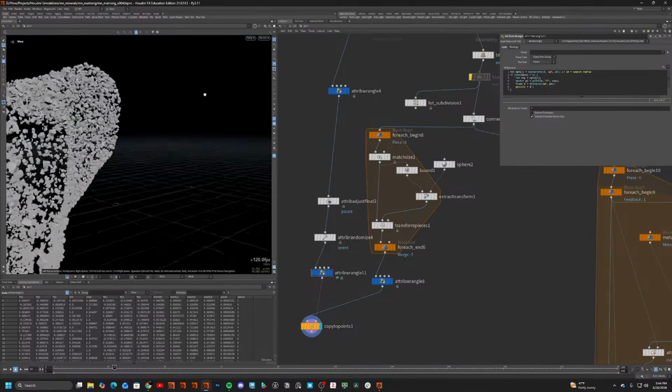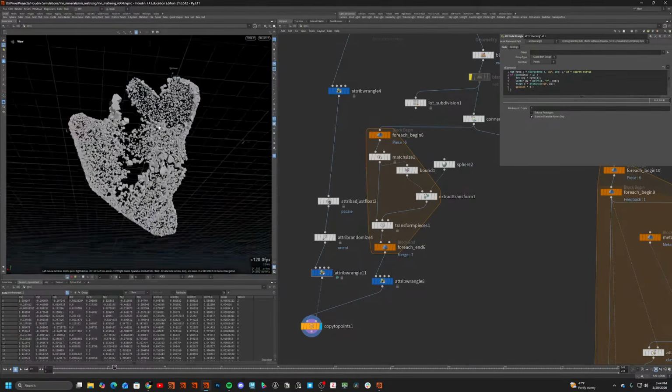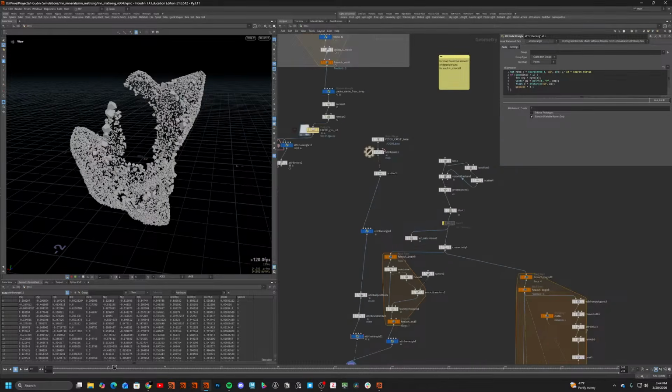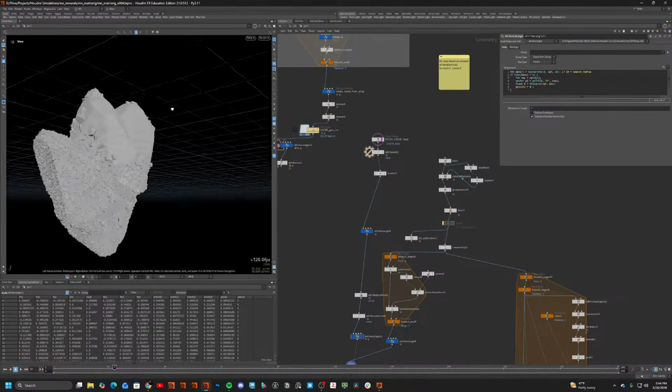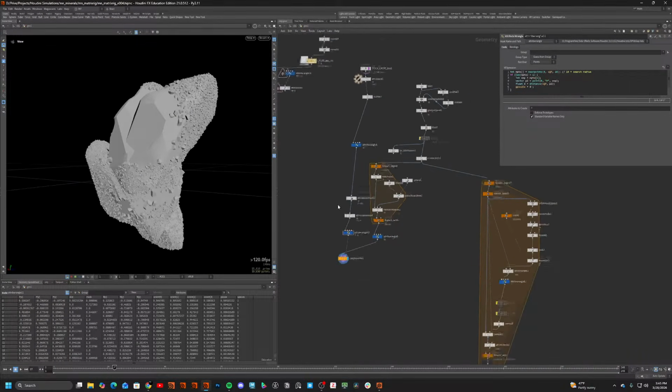So then there's like minor overlapping. But now we only have it on this geometry. But maybe